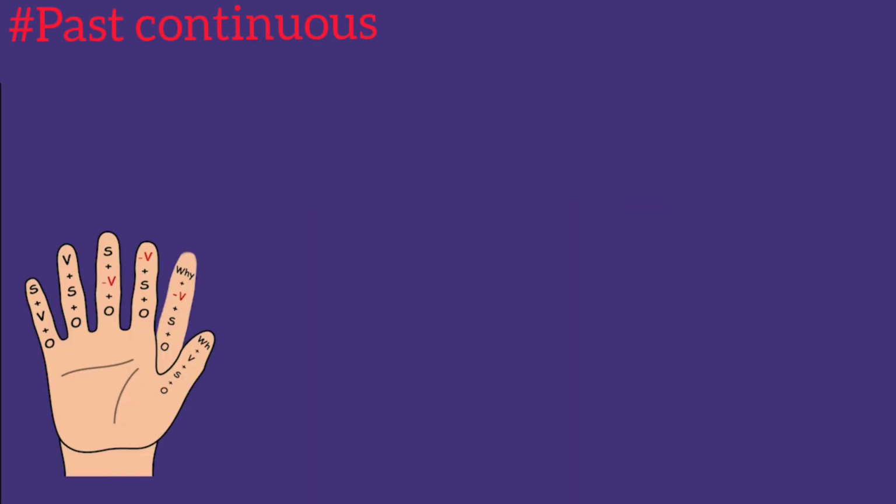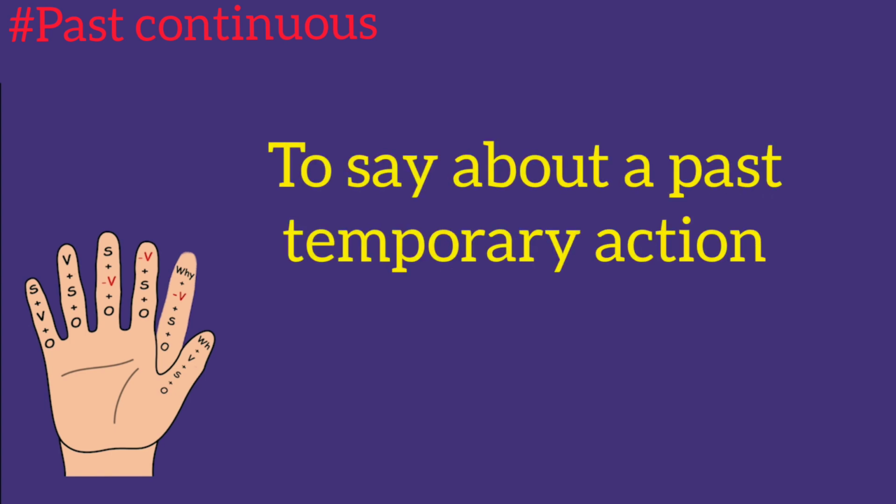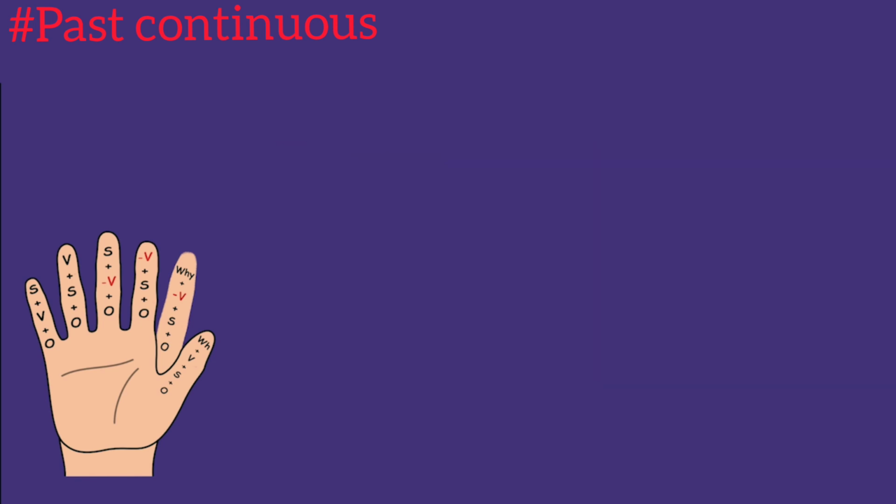Next is past continuous tense. In order to convey past temporary actions, that is, if the event happened in the past and went on for a period of time, we use past continuous tense. The formula for past continuous tense is